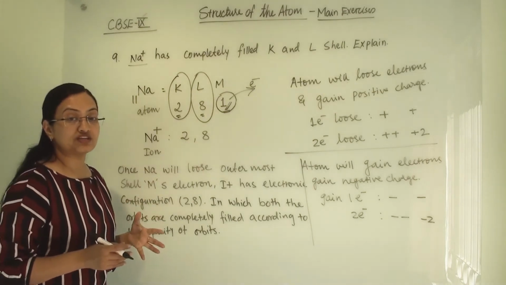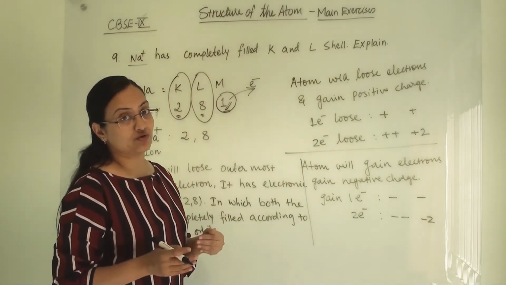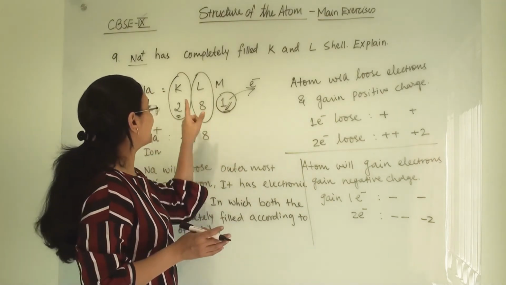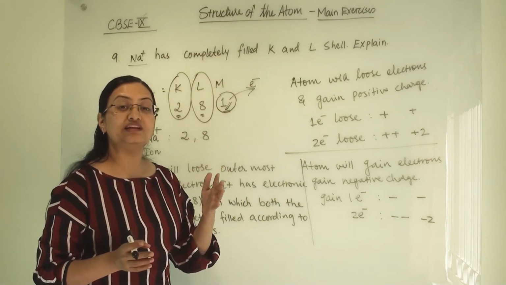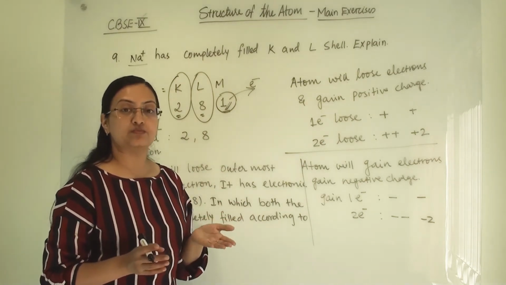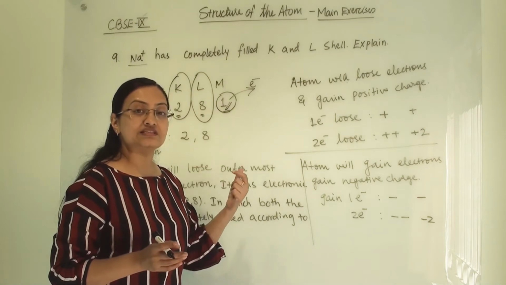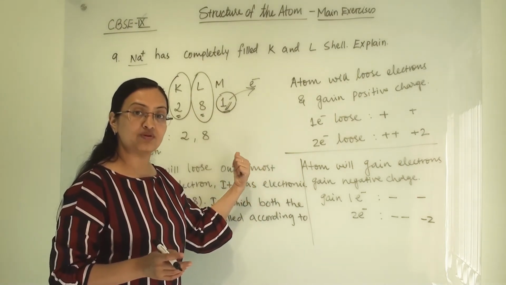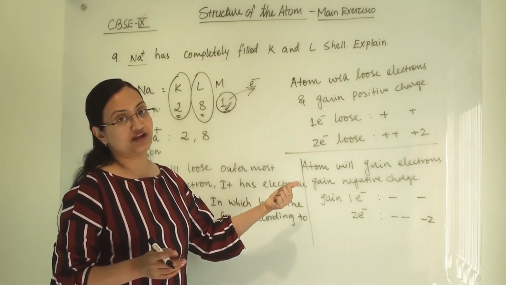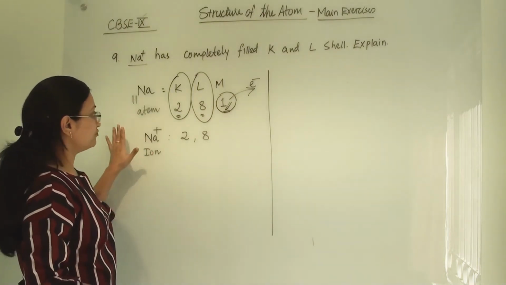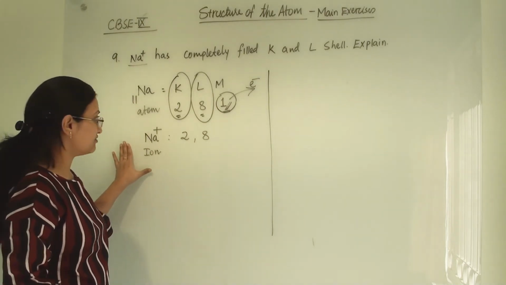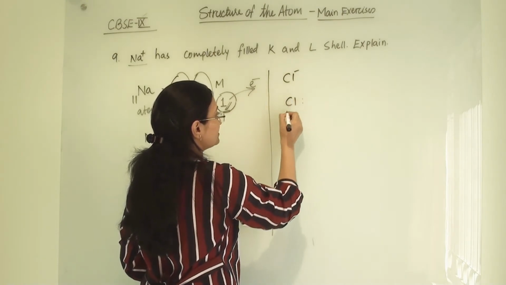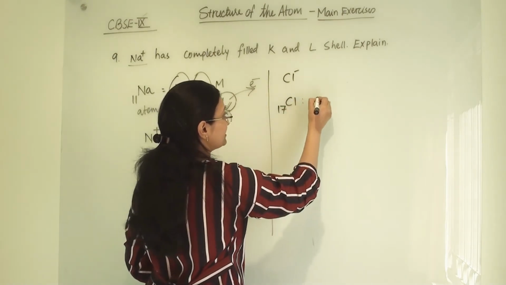Now a similar question can be asked in the case of chlorine also. In the chloride ion, all the three orbits, K, L and M, are completely filled. Explain how. Let us quickly see how we will answer this same question if it is asked in the case of chloride ion. Here I am keeping this for reference, showing how positive ions are formed. Now for the chloride ion, first we will write the electronic configuration of chlorine, and that is 2,